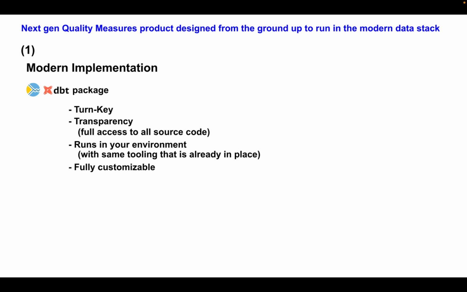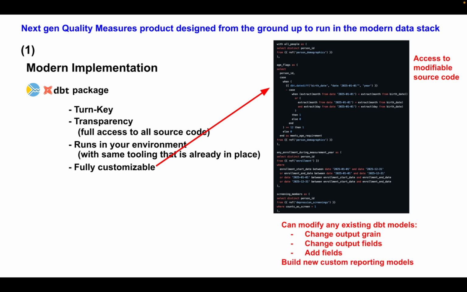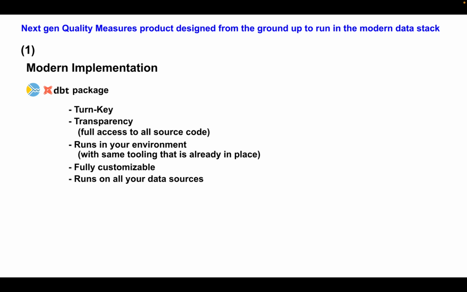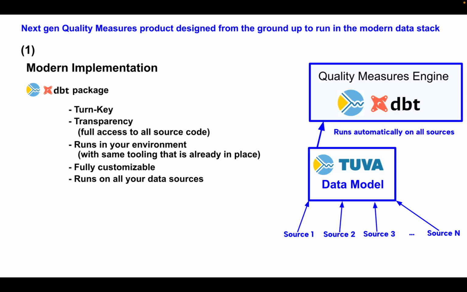And this is fully customizable. Because you have the DBT package, you have access to all the source code, you can modify any of the existing DBT models to change the output grain, to change the output fields, to add new fields, to build new custom reporting models if you want on top of the existing models. And finally, all of this runs on all your data sources out of the box. Again, if all your data is already in the Tuva data model, the Quality Measures Engine runs automatically on all your data sources. So that's this modern implementation, the first key idea that went into the design of this